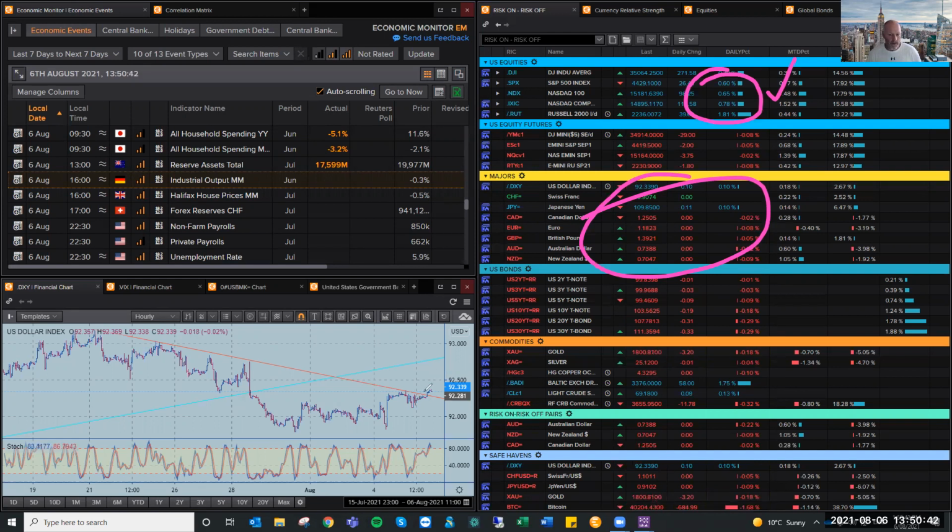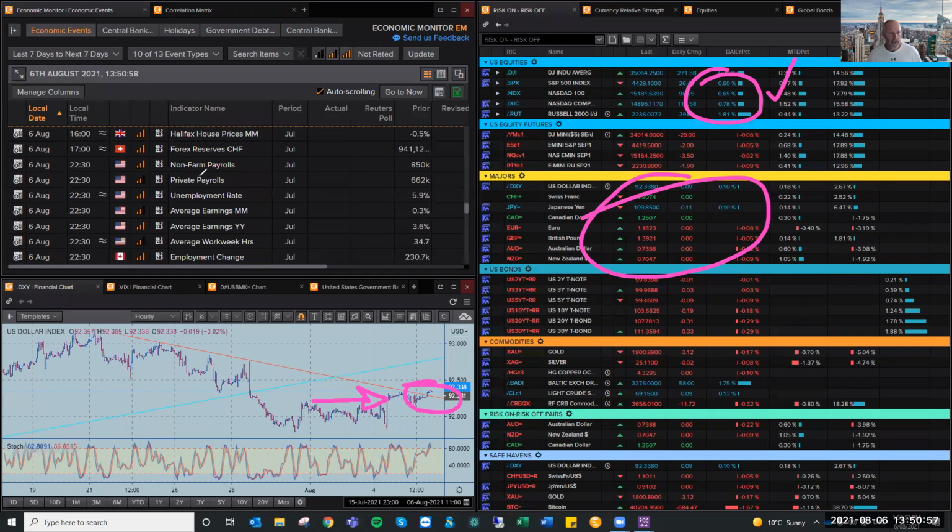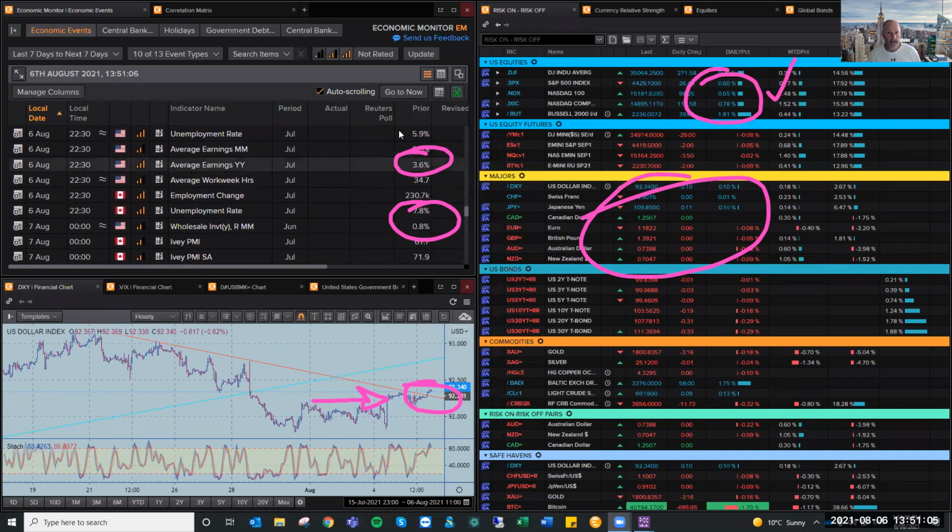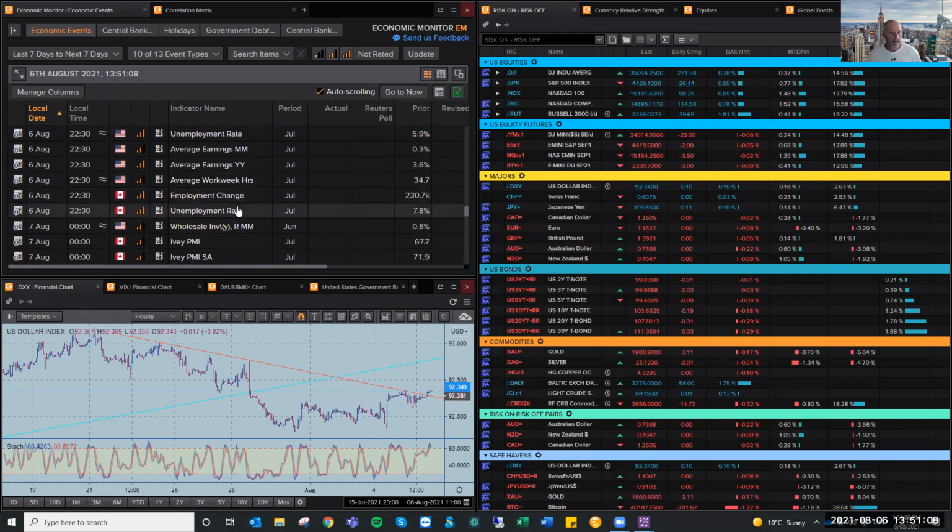So with the dollar index, you can see here, it's just edging up. It's enough to break this short-term sideways downtrend. By no means is it ready to go higher, but I tell you what, strong non-farm payroll numbers will give it a real shot in the arm. So just be aware that this is what we're looking for: average earnings, non-farms, and the unemployment rate, which if I just scroll down, it'll be there. So keep an eye on that.